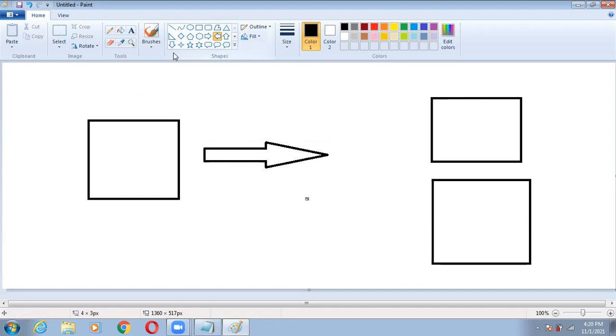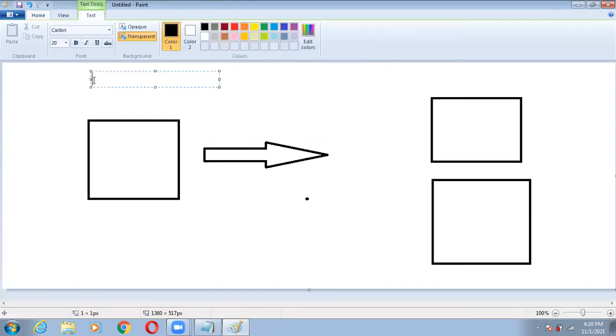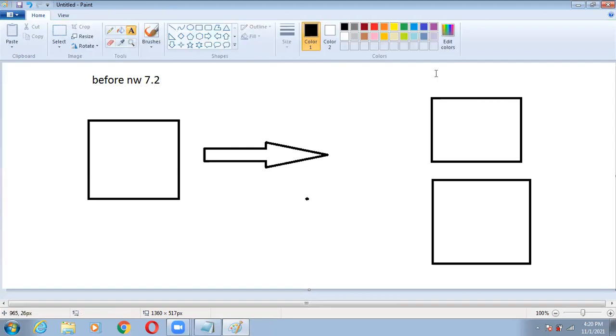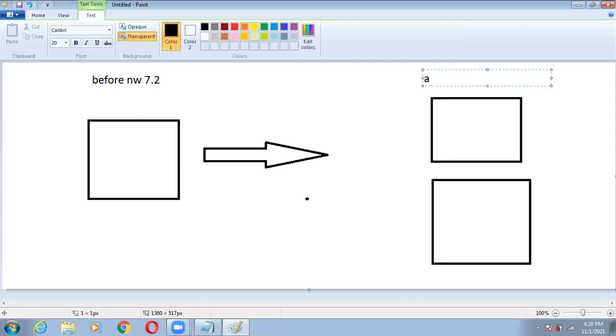So see, this is before NetWeaver 7.2. NW means NetWeaver. So this is after NetWeaver 7.2.